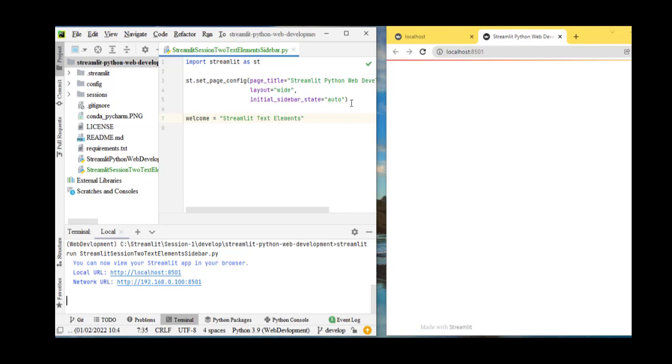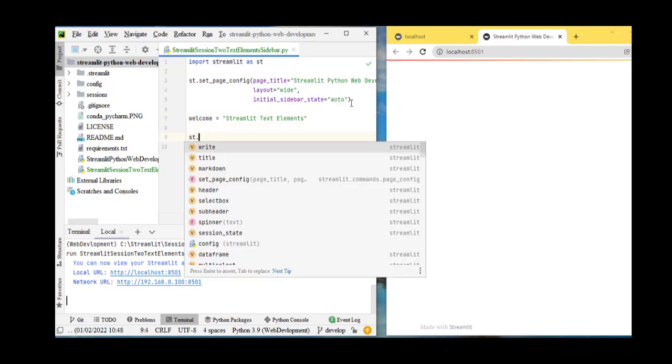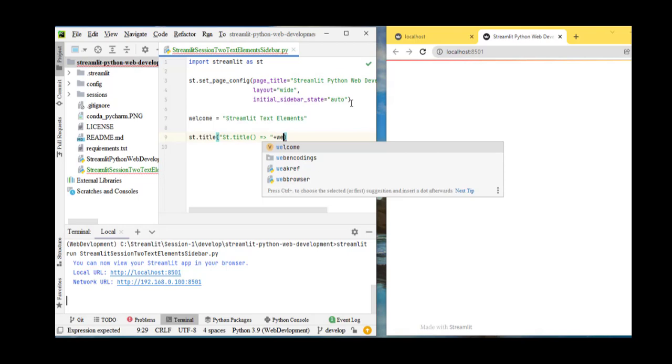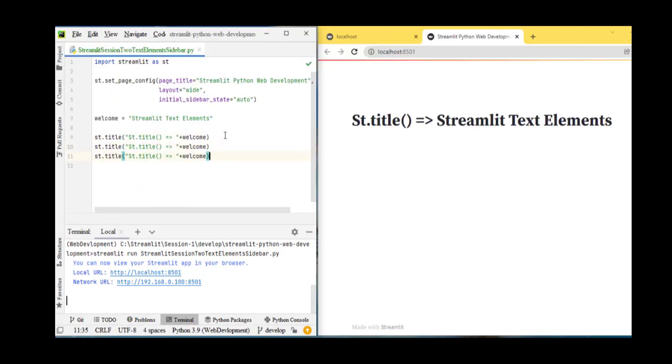One is title. Once I create st.title, I am adding the welcome text for all, because I want to show how the same text looks different on the screen. I will show it first, and after this show the same elements and the size of each element's text. Currently you can see that there is a title. In each page we can set one title, and then st.header,